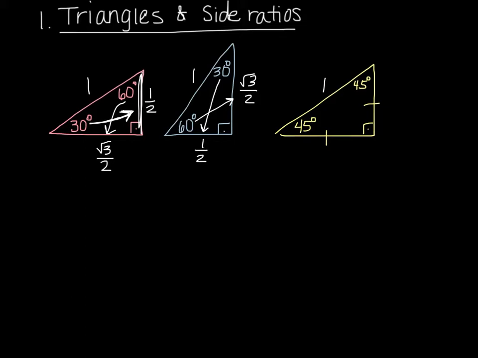On the 45, 45, 90 right triangle, you could use the Pythagorean theorem to show this because both sides are the same, and the sum of those squares should be 1. So it's either rad 2 over 2, or you could have seen this in the past as 1 over square root of 2. And these will be the side ratios that we will use from here on out, just so you can get used to seeing that.